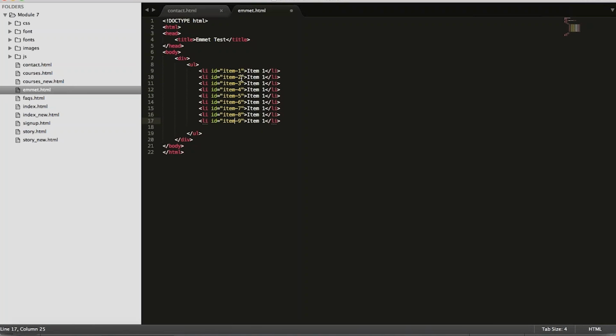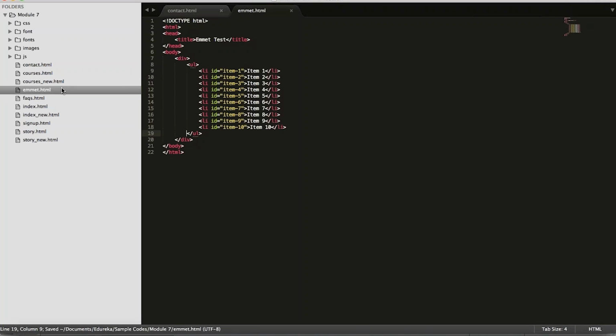Oh, I missed one. Some calculation problems. Not very good at math. Okay, guys, so let's do the same stuff here: 1, 2, 3, 4, 5, 6, 7, 8, 9, and finally the 10. Then we need to do some formatting because your code should look nice and clean.